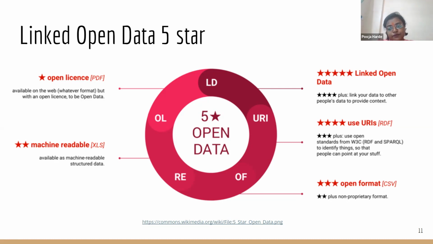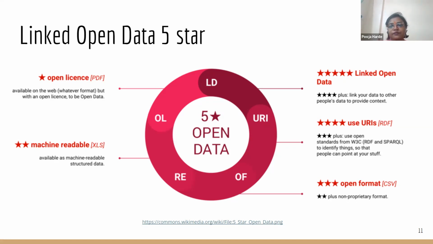So to achieve the 4th star, it should have the URL. That is, the people must be able to identify the things using the URLs. As I have told earlier, URIs are the W3 standards, and these URIs tell us what the names are and what the things are, and they give us more information regarding the data. And the open W3 standards are RDF and the SPARQL queries that we use to